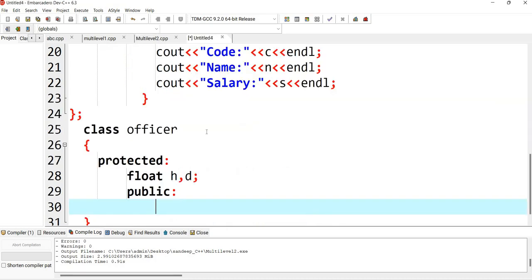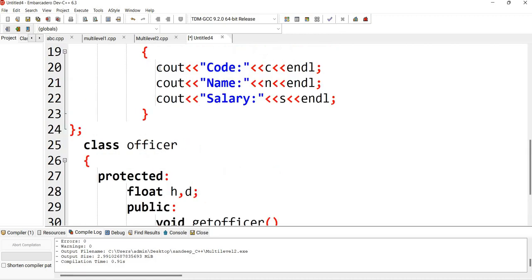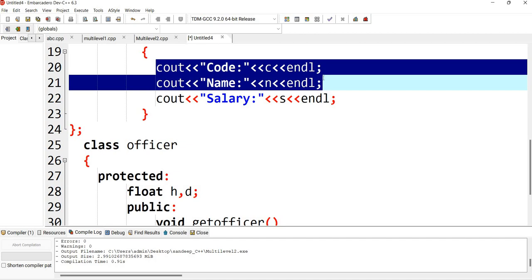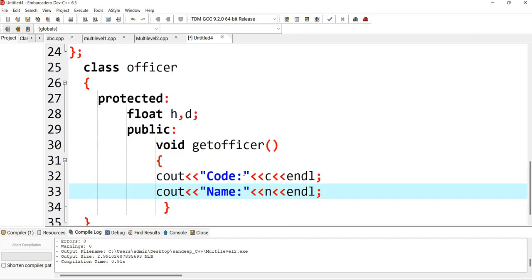So I have to write the return type and the member function name. I'll write void get officer, for example. This is the body of this member function. I have to take input for the HRA and DA. So simply I'll write input for HRA and DA.